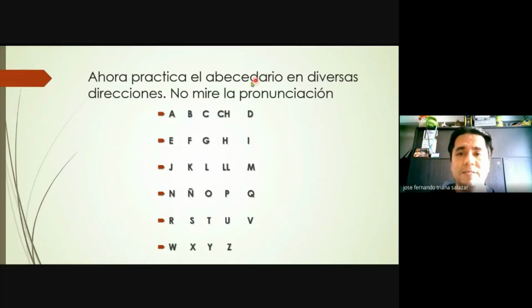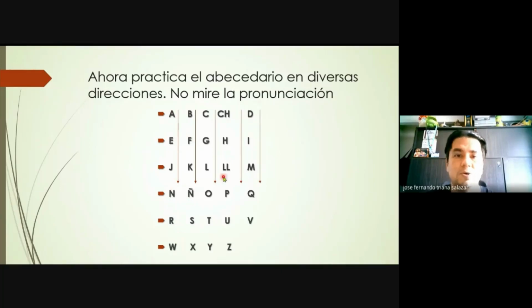Ahora practica el abecedario en diversas direcciones. No mire la pronunciación, okay? Don't look at the pronunciation. So try, for example, all the letters down. A, E, J, N, E, R, etc. So if you make a mistake, start over, okay? Do it again. Do it over. A, E, J, N, R, W,